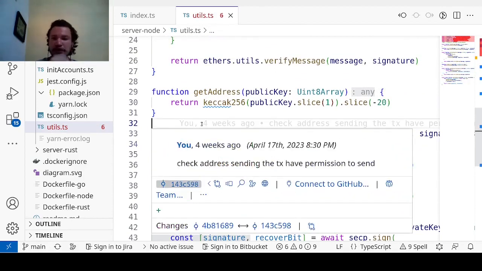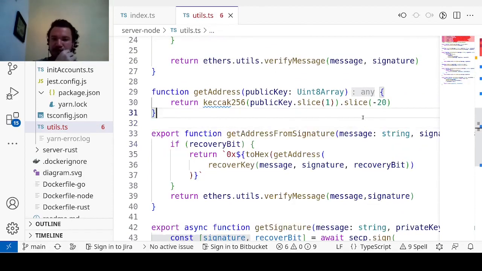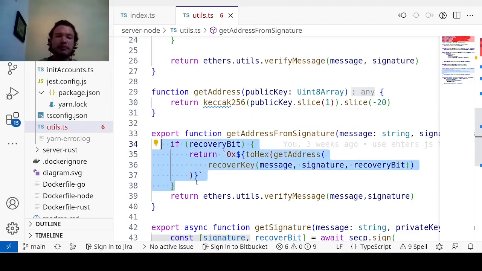I keep it here because I started using Ethereum cryptography, but after that I changed to EtherJS, and right now I do not use this code. All right, but I decided to keep it here because